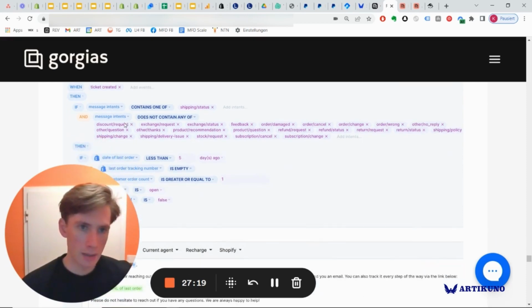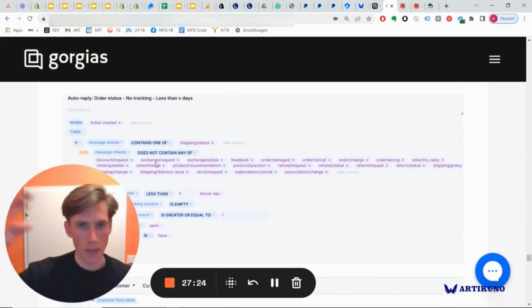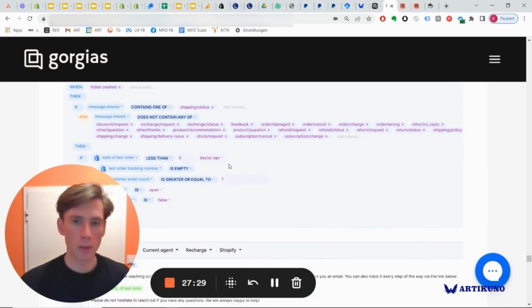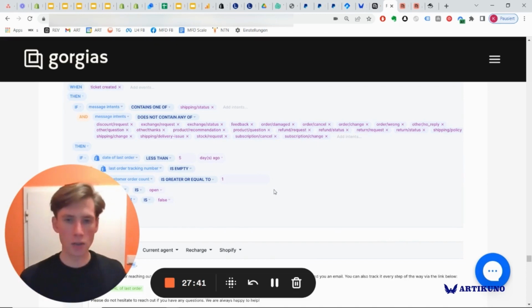So, when ticket created, then if, right? It's a lot of if and functions, based on all the information you have from the ticket and from the customer, and all that being integrated with Shopify. And any historical data that you have on the customer, because they've purchased before, you can also use that. So, if message intents, and the way Gorgias works is that it first tags each message with an intent. That's another rule you have to first create, that the intent of shipping status is something that gets created if, for example,